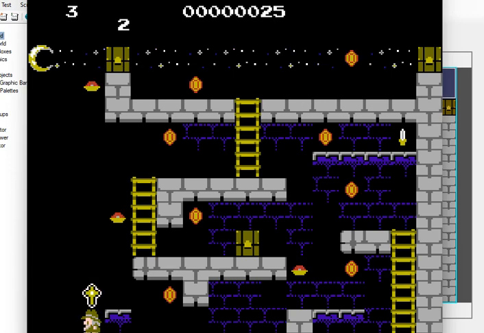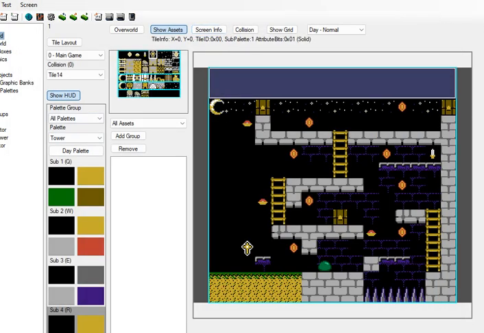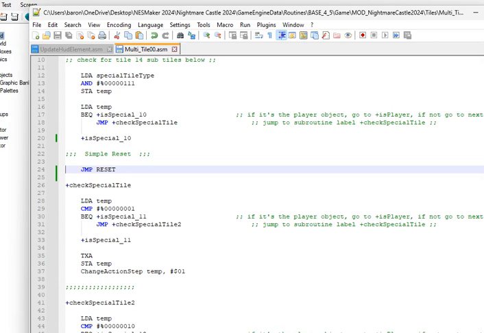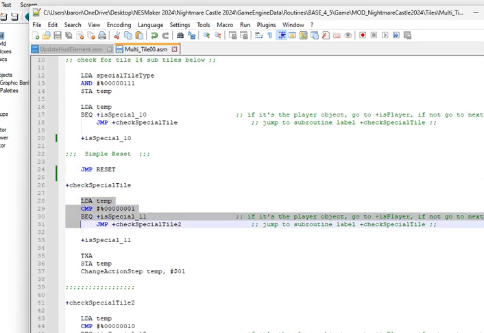And look, see, the code must be different because it didn't reset what the tile looks like. Jump to check special tile 2.